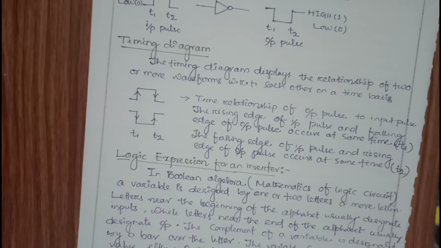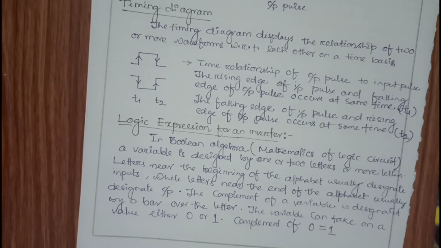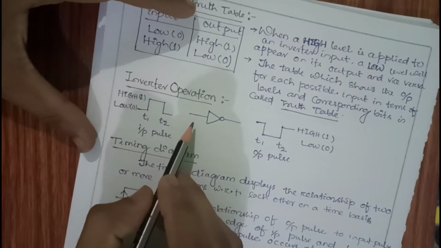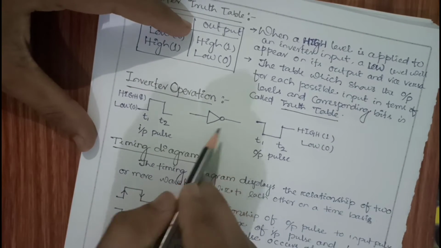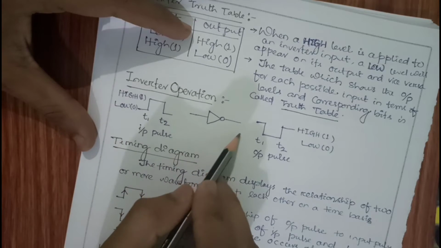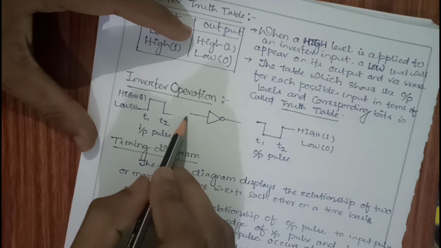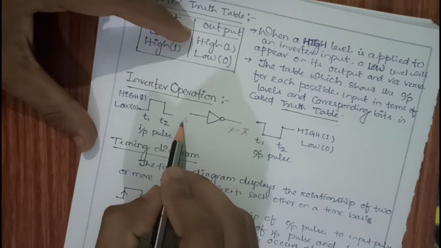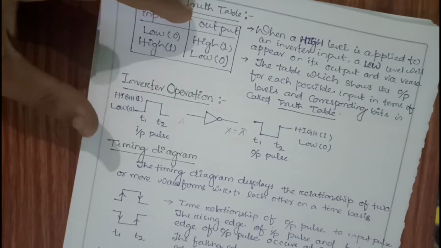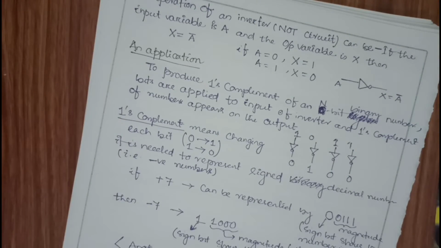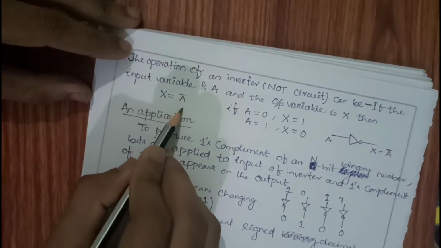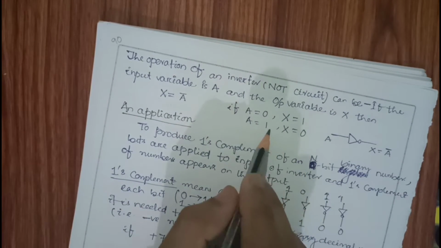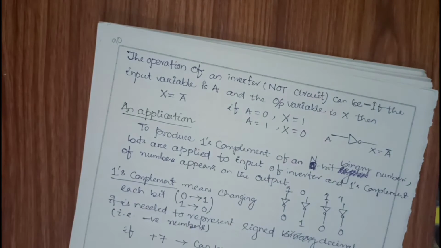In Boolean algebra, a variable is designated by 1 or 2 letters near the beginning of the alphabet. Logic expression means, this is the inverter. I will apply input over here and I will get output. This input and output are called the variables. Suppose I write A over here, I will get X. My X is nothing but A bar. So A, X, A bar, these are called the variables. You see here I have written X equal to A bar. So it is a simple thing. It is represented by a gate, that is the NOT gate, that is applied in digital circuits.